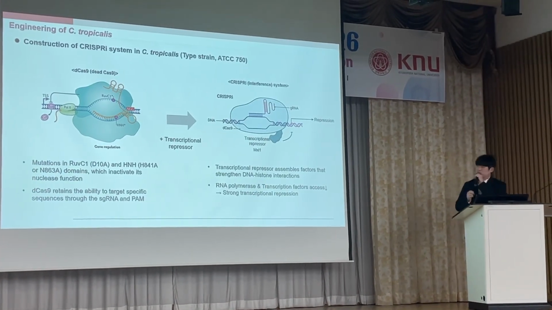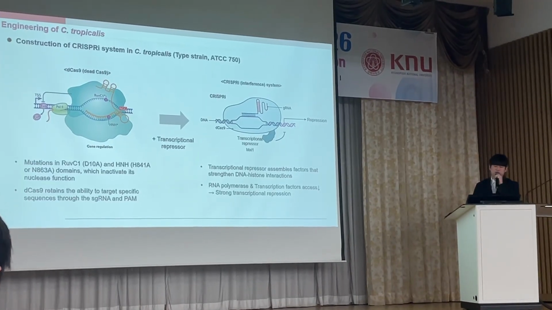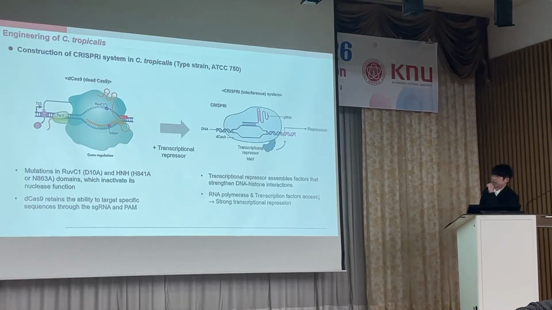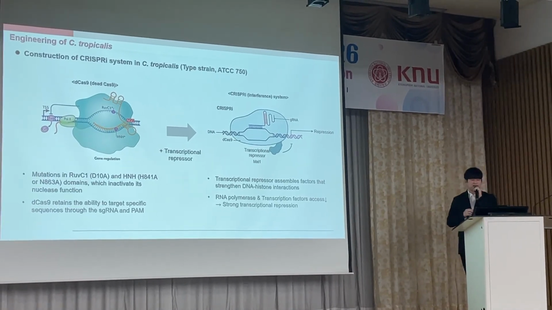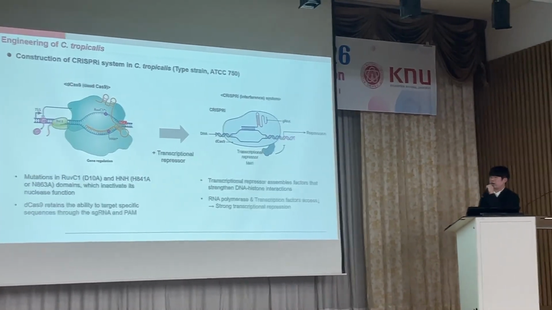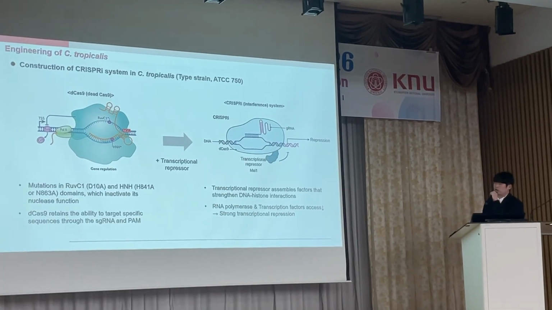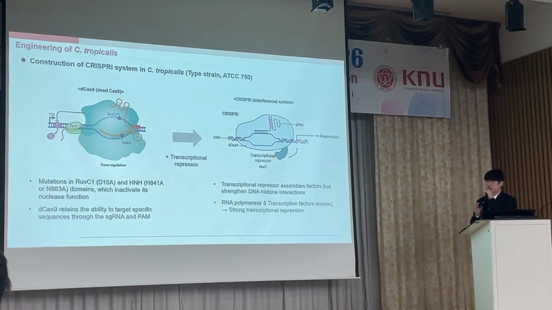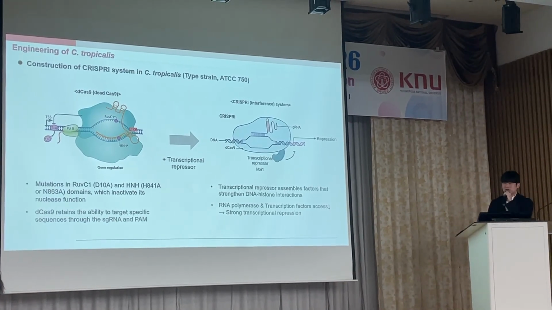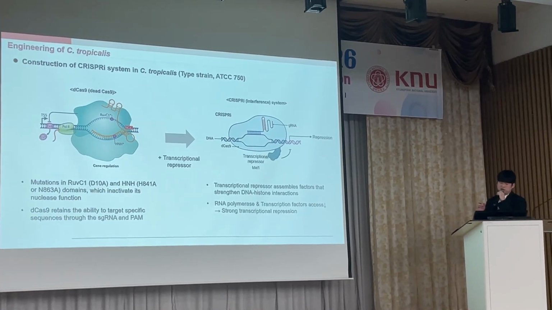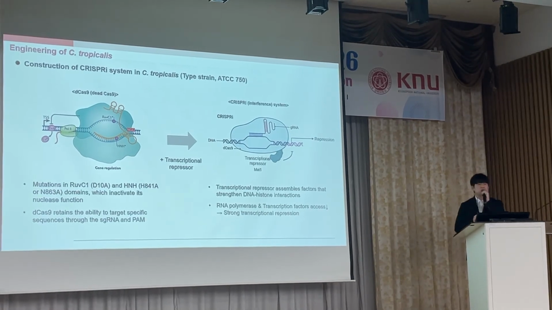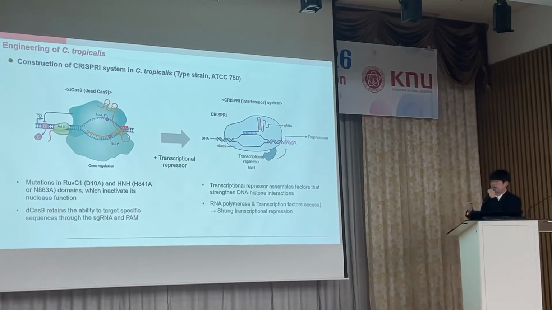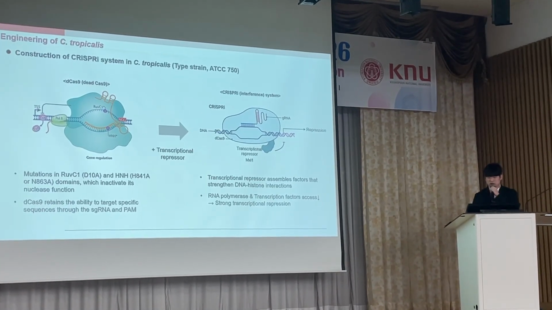The next stage, which we wanted to do, was a CRISPRi system. In the CRISPRi system, we use a dead Cas9. Cas9 natively cuts both DNA strands. However, when we make a dead Cas9, we give it a mutation so it cannot break the two strands. It will just attach to the DNA, and we can use a transcription repressor. In this case, we use MXI1. Then we could repress some of the genes, or in other cases, we could activate some of the genes.